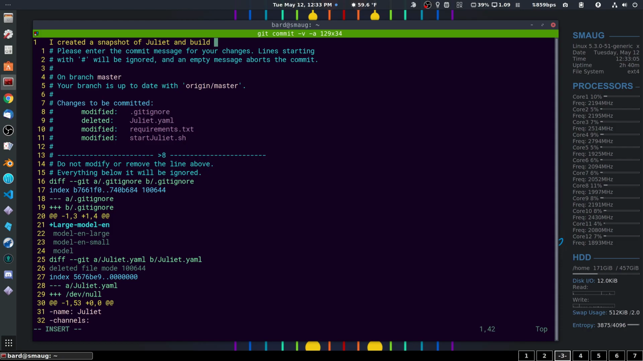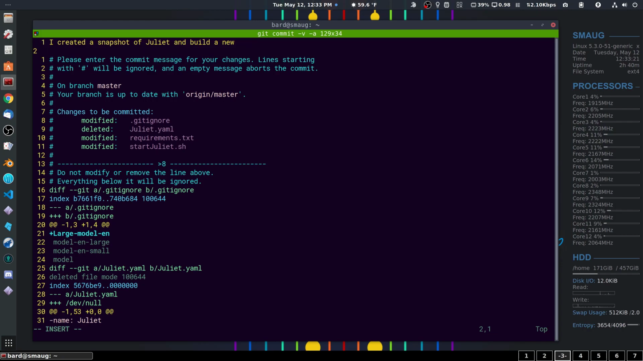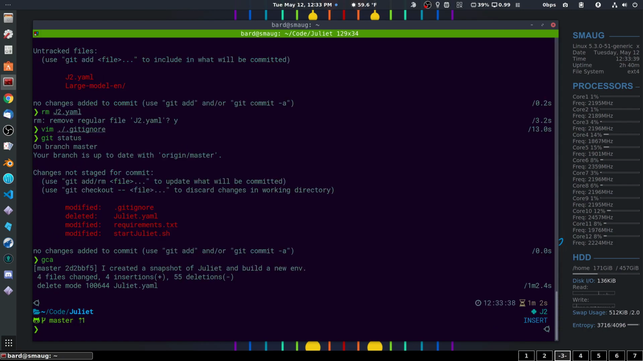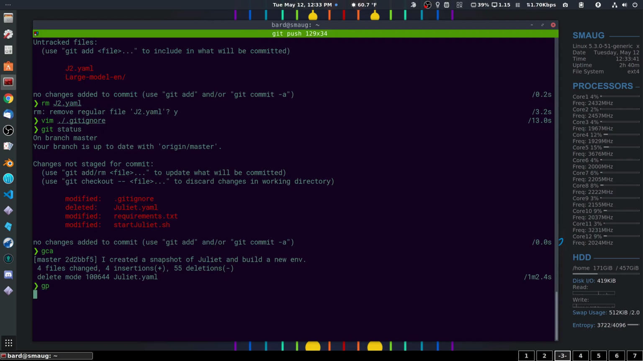Built new conda. Oops. So when it starts to change color here, that means it's gotten too long. Yeah, a new env. You can only make the messages so long, so I guess this probably says it best. And then if I push that,